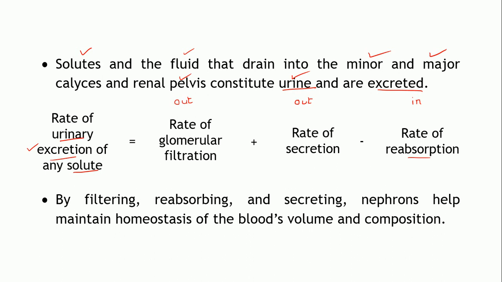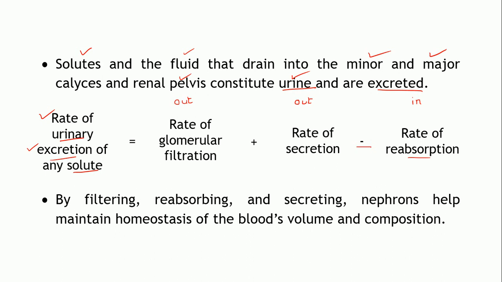That will be given by the rate of glomerular filtration plus the rate of secretion of that particular solute, if at all, minus the rate of reabsorption, if at all that substance is getting reabsorbed. So, this will give you the net rate of the renal excretion of that substance, isn't it? These are the two processes which aid in the movement of the substance out for excretion, and this process is bringing it back. So, the rate of reabsorption needs to be deducted,